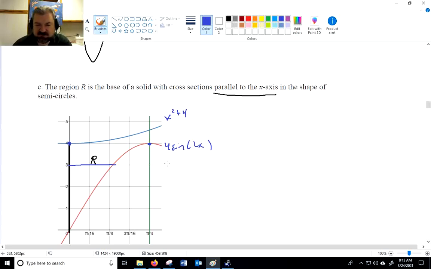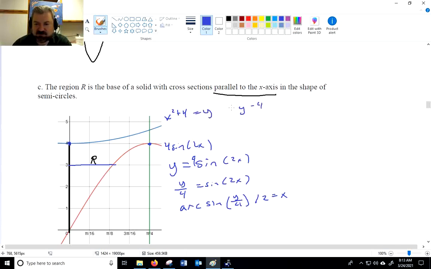But I also need to solve these to make them x as a function of y, since we're working with y's here. So let's do that. I get y over 4 is equal to the sine of 2x. So this is arc sine of y over 4, divided by 2, is equal to x. The other equation becomes the square root of y minus 4 is equal to x. And again, it's plus or minus, but we're only in the positive quadrant. So I'm going to integrate from 0 to 4. I'll be using the right minus the left. The left x value is simply 0, so I'll just be using,